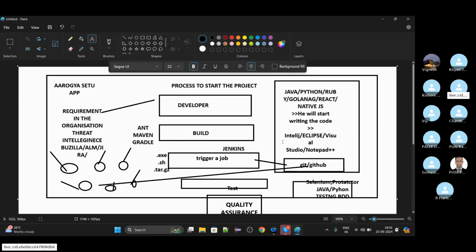No need to worry about the process which is happening here at the GitHub level. This is a very detailed class that we will talk about later. As of now, you just have to understand what exactly happens when a defect is raised. Fine. Now the product is ready. The team of 15, 20 or 25 members, the developers and the management, and the manager said that this is fine.